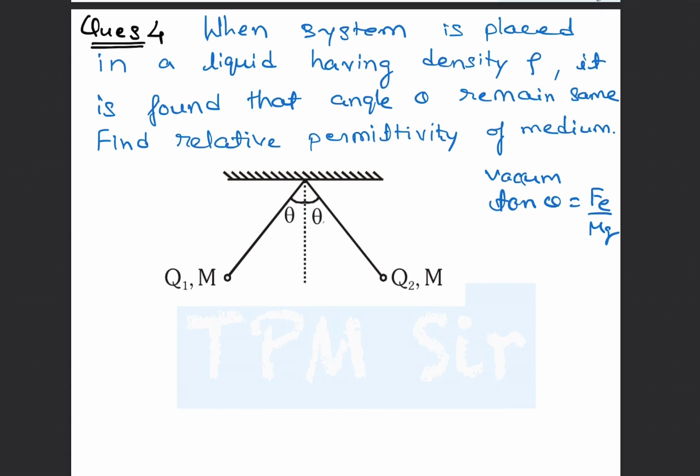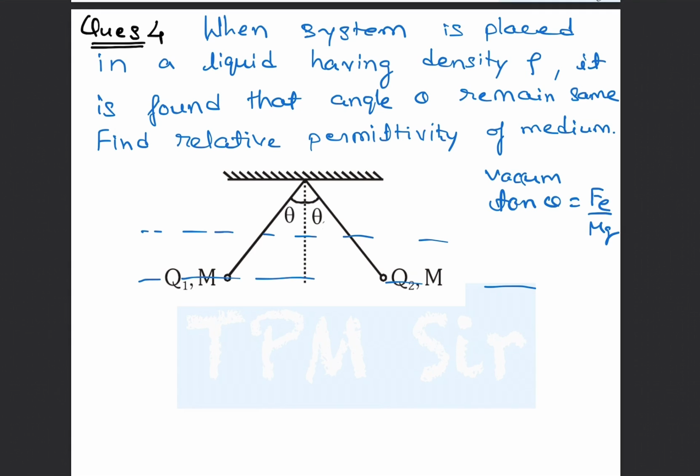In the question, it is given that in vacuum, suppose this angle is theta. This situation is given in vacuum. I have already written it here. Now, if this system is submerged in a liquid having density rho,